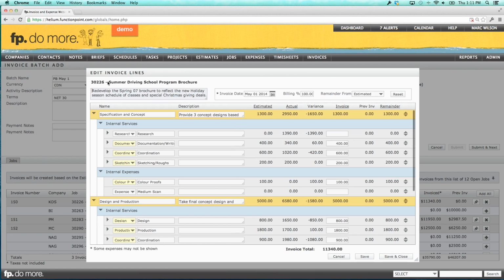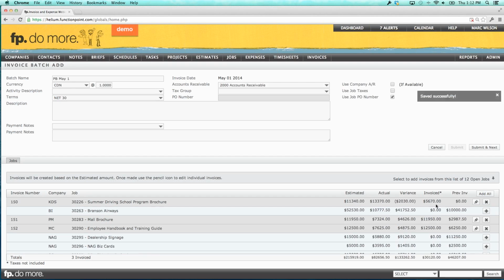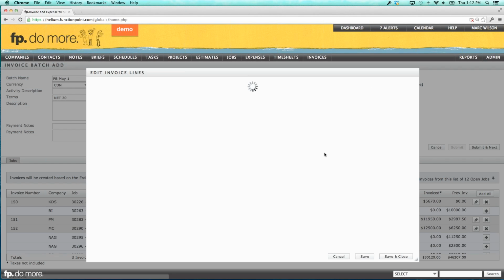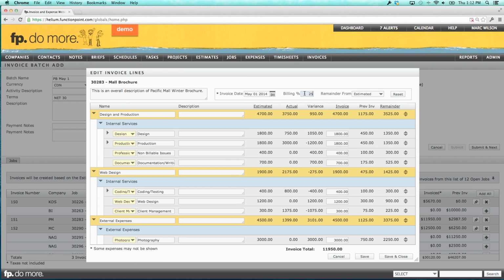So this first one, this summer driving school program brochure, I want to bill 50%. So I'm going to put in 50%, click on estimate, hit save and close. That's 50% of my project. This mall brochure, I want to bill 25%. So I'm going to come in here, put in 25%, click on estimates, it calculates 25%, save